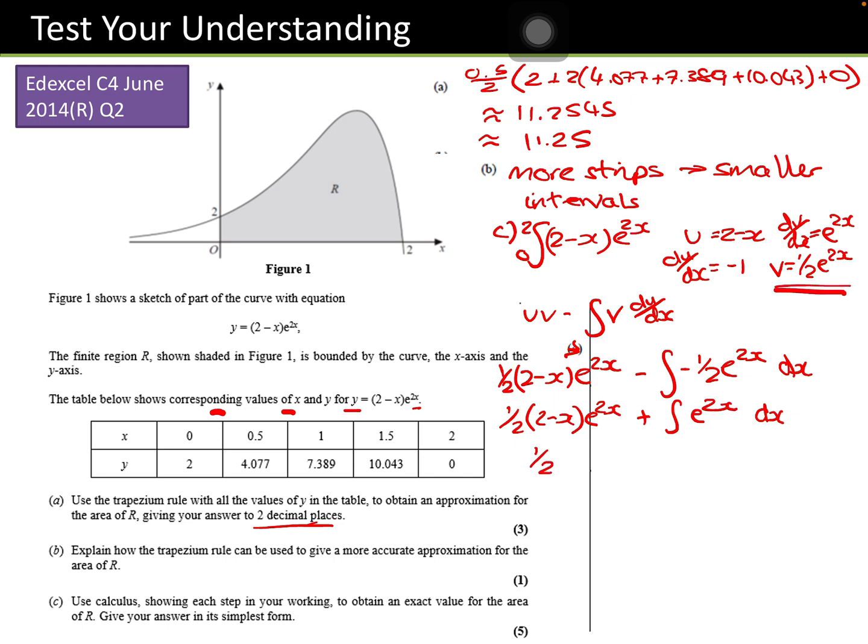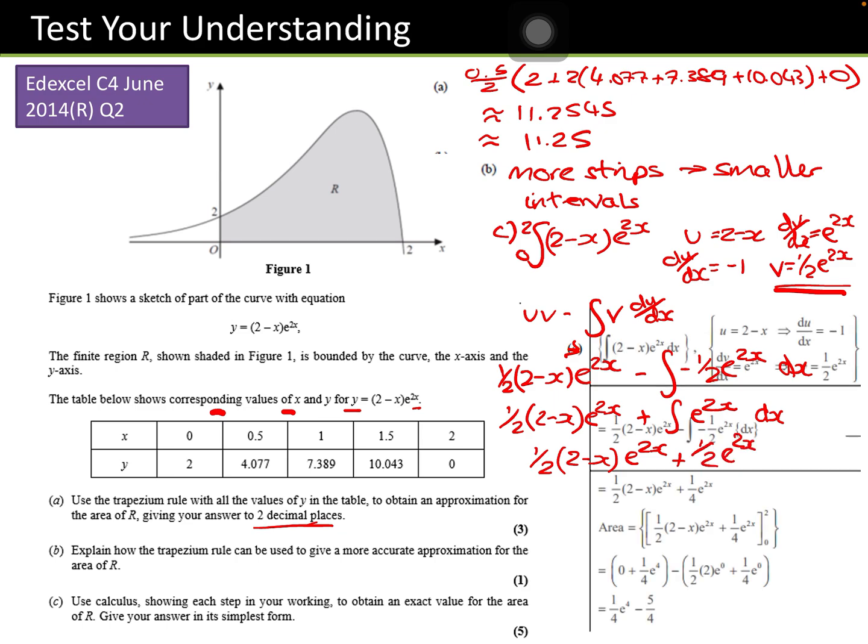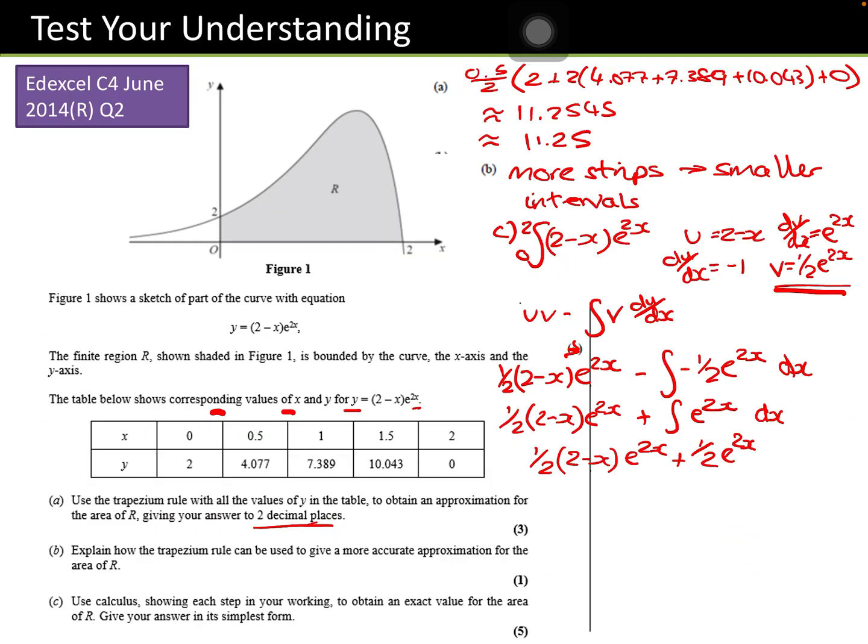So we'll go a half, lots of 2 minus x, e to the 2x, plus a half lots of e to the 2x times by, the half, sorry, missed the half out in here, a half. So we'll have a half lots of 2 minus x, e to the 2x plus a quarter